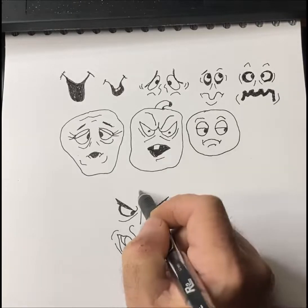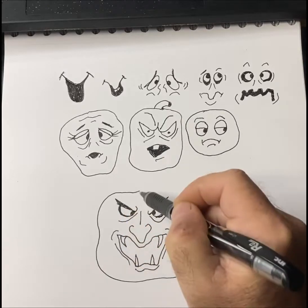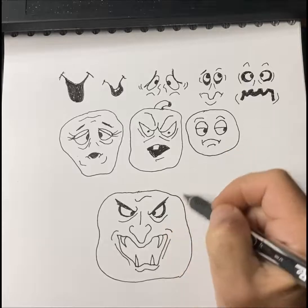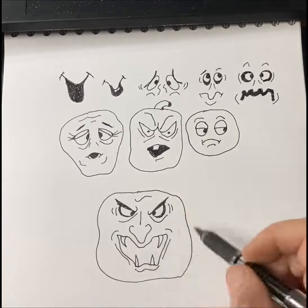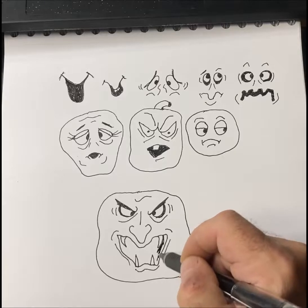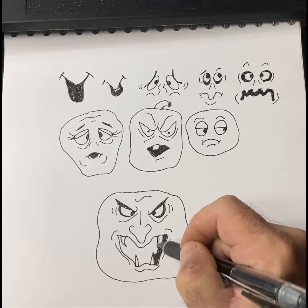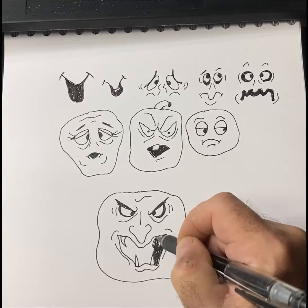I'm gonna just keep drawing, and I'll save everything that I draw. You might like some better than others. Let's make a pumpkin out of this guy. But you can see how easy that simple expression, if you would make this guy a pumpkin, how different it looks than a lot of the pumpkins that you would see in the store. You just give them your own personal touch. I hate coloring in with this marker here. It's gonna take me a little while, but you get the idea. You just make this whole pumpkin